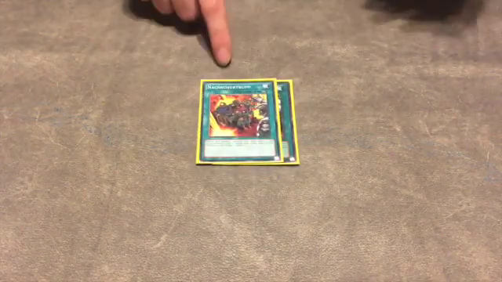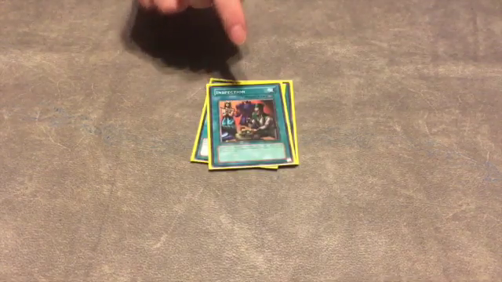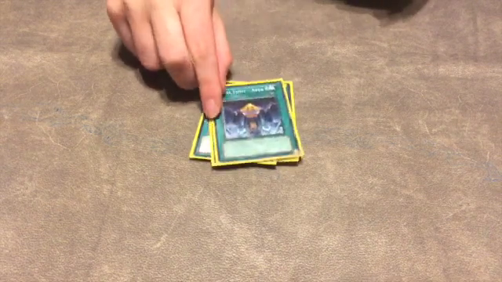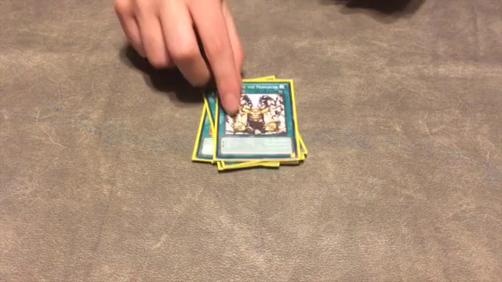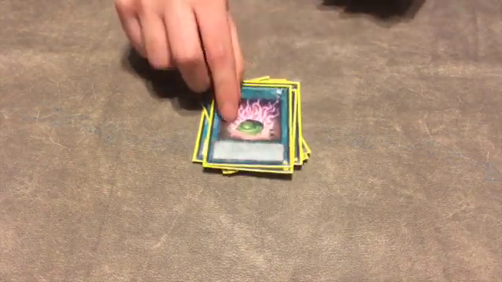Supply Squad, just always drawing cards, like a very powerful effect. Inspection. This is not a very good card on its own, but it combos with Last Turn. And it's just a way to infinitely pay life points over and over again to look at a card in your opponent's hand. It just combos with Last Turn, combos with Hope for Escape, a few different cards like that. We have Level Limit Area B, Return to the Monarchs, Swords of Concealing Light, March of the Monarchs, Shard of Greed,